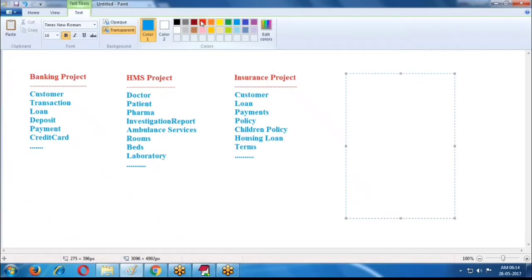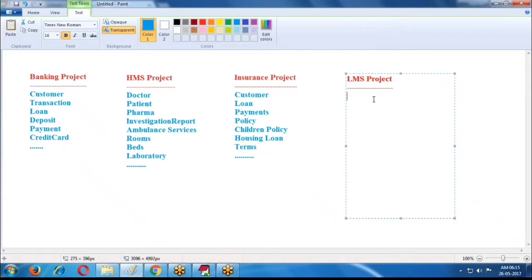If it is an education system, a learning management system project, suppose JNTU requires one application, AU requires one application, Kakatiya University requires some applications.